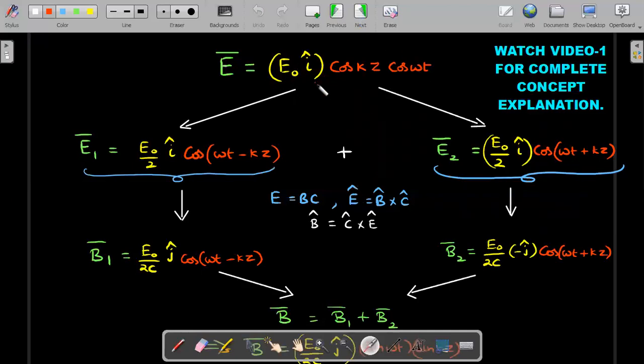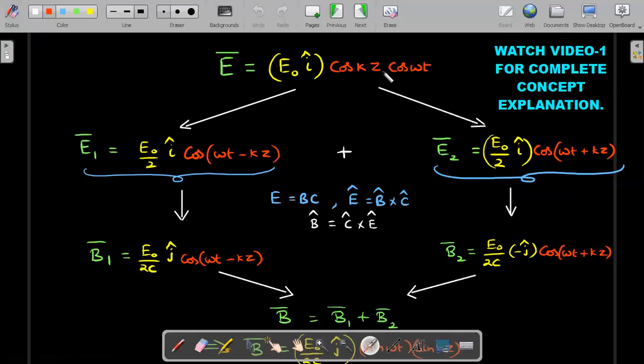Since it is a standing wave, please understand all the rules that we have set up, and quite a few rules we spoke of in all the 3 videos. I think the best video is the first one, in which I have explained the nitty-gritties of electromagnetic waves, how to convert from E bar to B bar, and what is the direction of propagation. All those things were discussed there. So please do watch that in order to have a complete explanation. So I am going ahead with the proper formal way of explaining here.